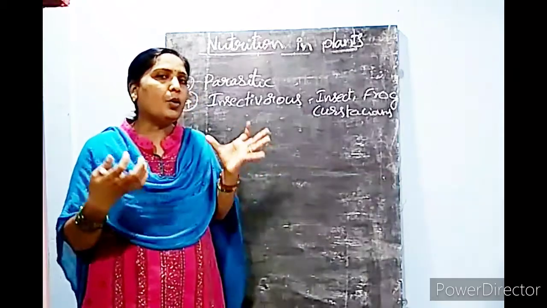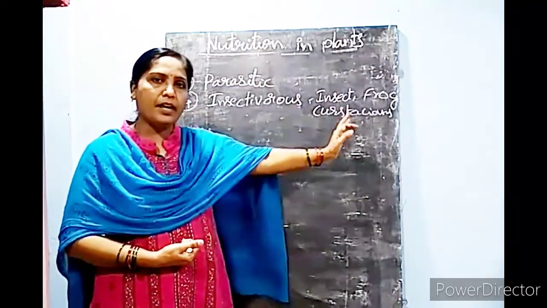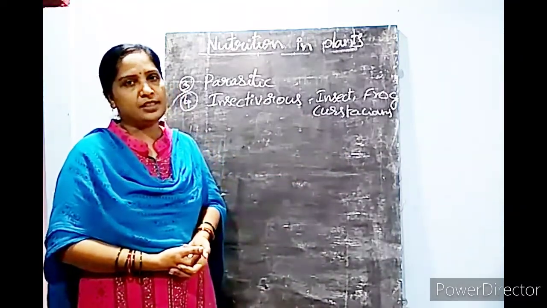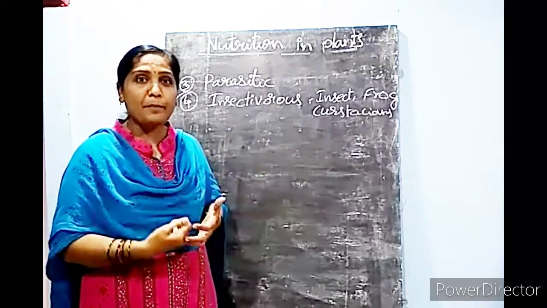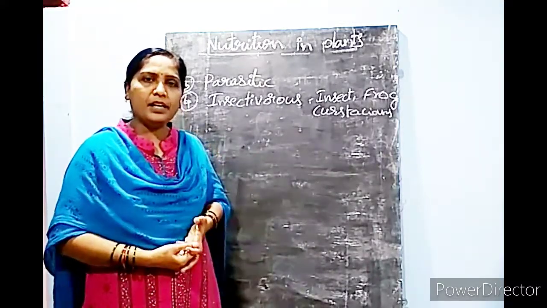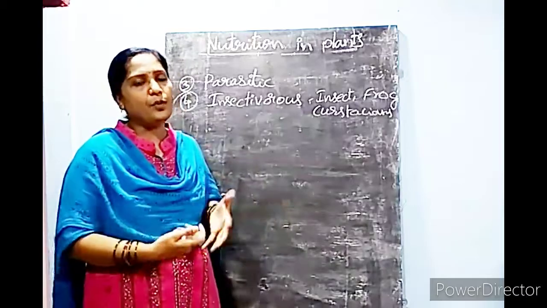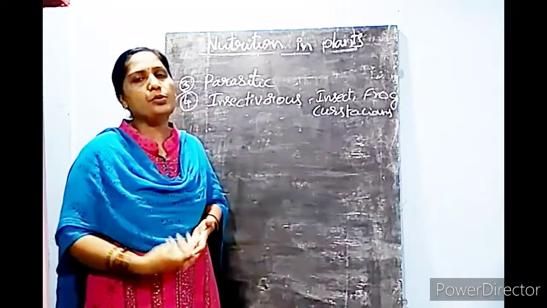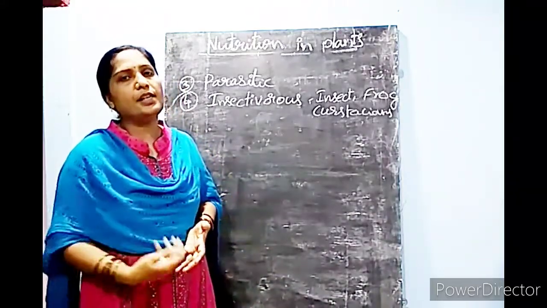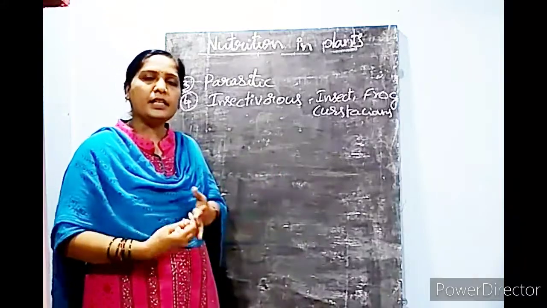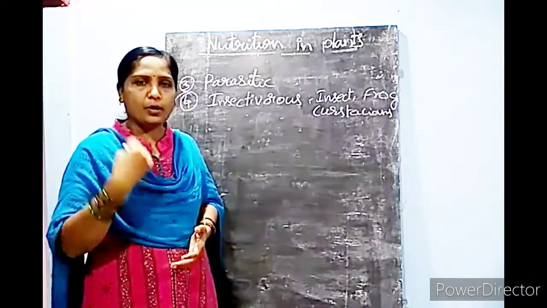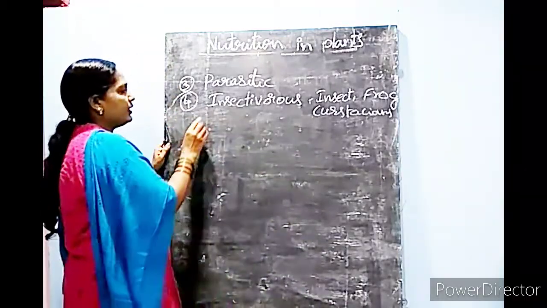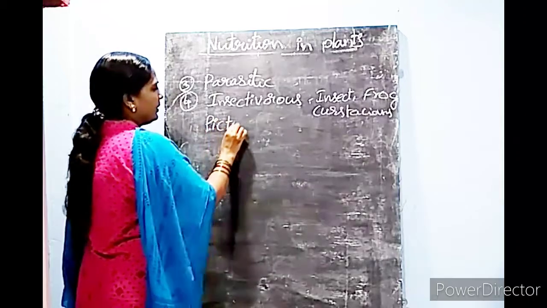Being a plant, how can they eat an insect? How can they eat a frog? How can they eat crustacean animals? It's so wondering, right? But some plants are like that. Why? Because the habitat where they are growing may not supply the proper nutrients for them. Required nutrients are not available for them. That's why they depend on animals to acquire their minerals and required nutrients. So one example of an insectivorous plant is the pitcher plant.